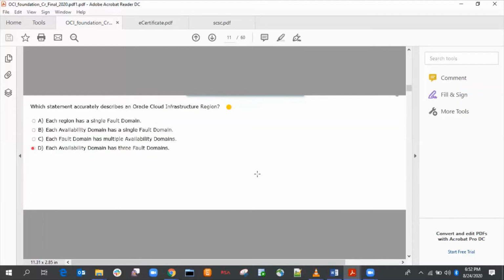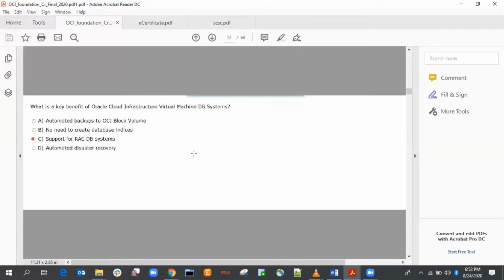Which statement accurately describes an Oracle infrastructure region? Each availability domain has 3 fault domains. This is the default configuration. Each availability domain must have 3 fault domains.